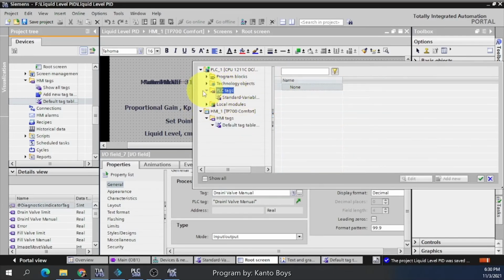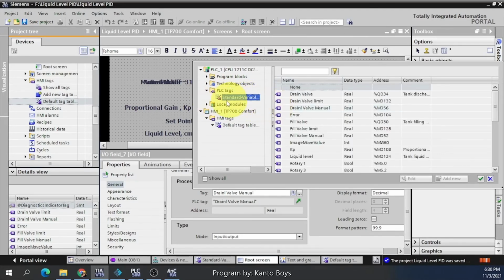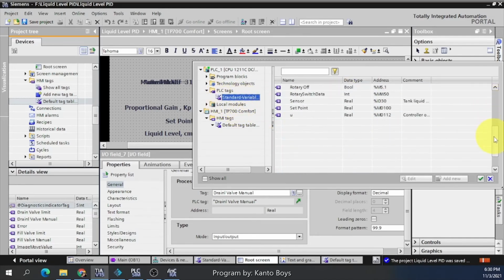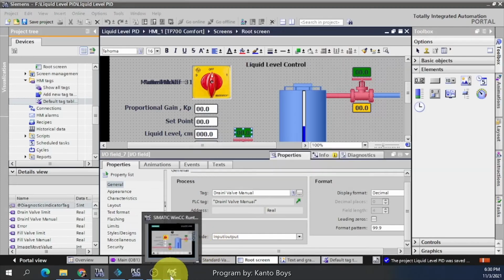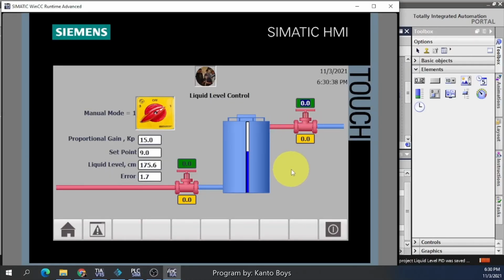You look for your PLC tag. It's not always located here. You can see it here, select it, and then click OK or the check mark. It will be automatically assigned as a tag in HMI.